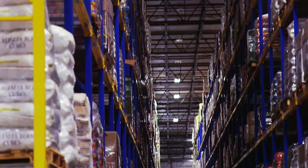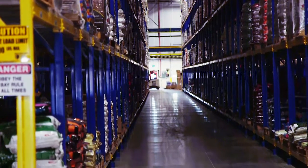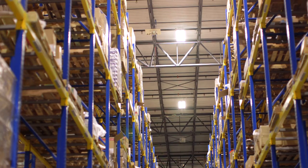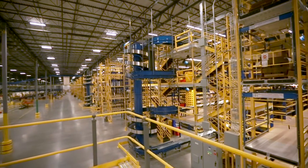This distribution center has an electrical management system that allows us to monitor the lighting in the different areas of the building, shut down lighting when work isn't going on there, and turn it on when activity is being done in that particular area of the warehouse. The first thing that Tractor Supply looked at was LED lighting for the warehouse distribution area. The savings on the LED lighting alone comes to just over 1 million kilowatt hours a year, 50% savings over